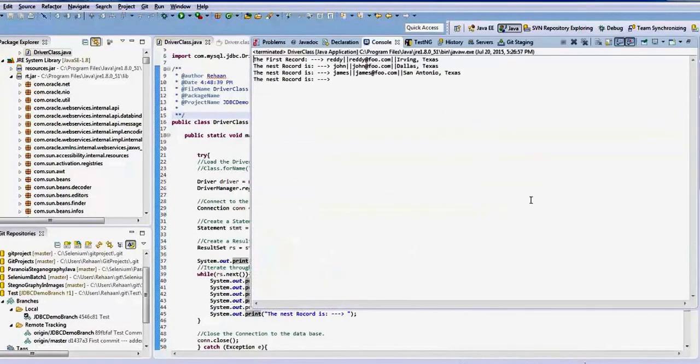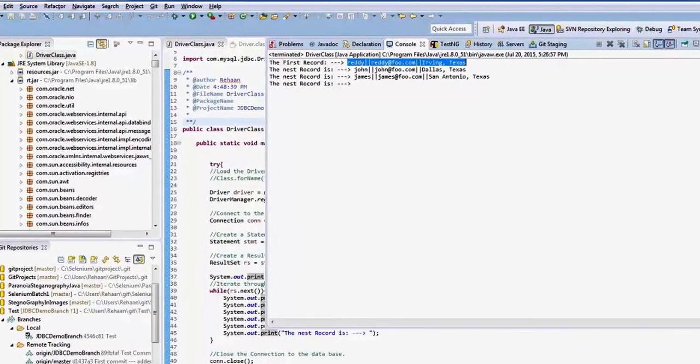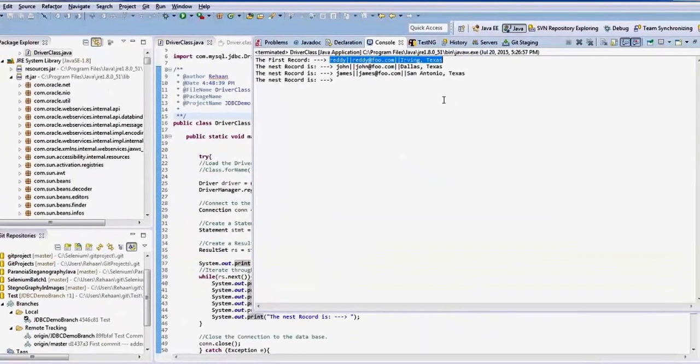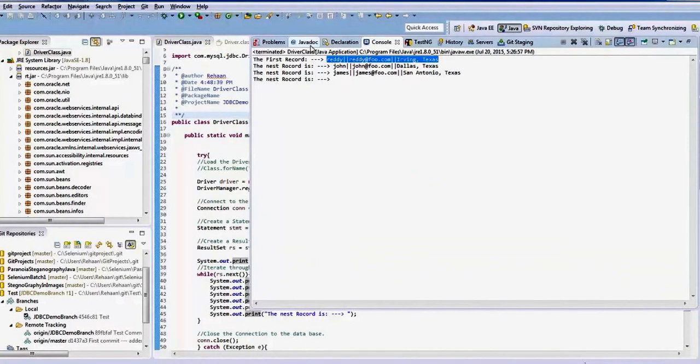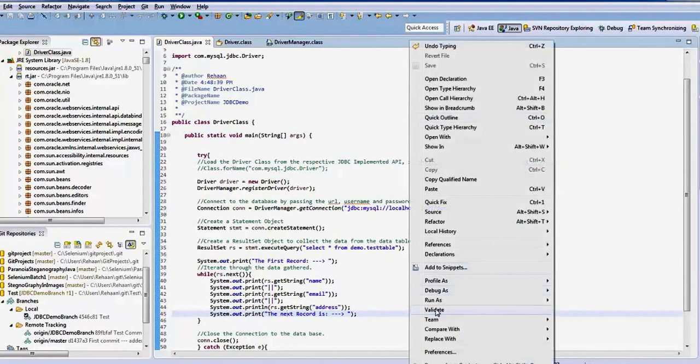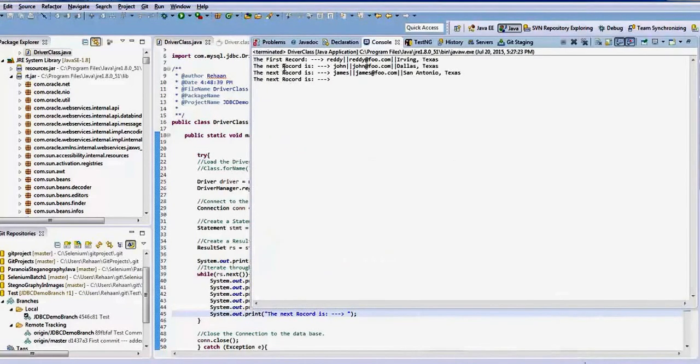Okay. So the first record is Reddy, reddy at foo.com, Irving, Texas. You see the second record is not the next, this is the next record. I'm a little poor at that. If I run this again, the next record is this one. So if you want to specify it a little,